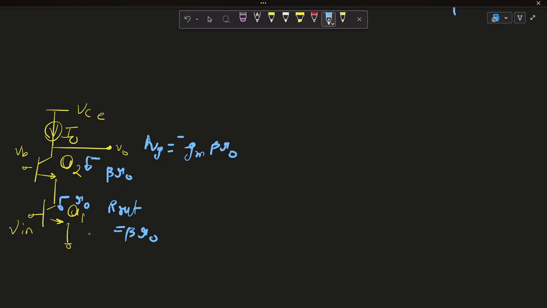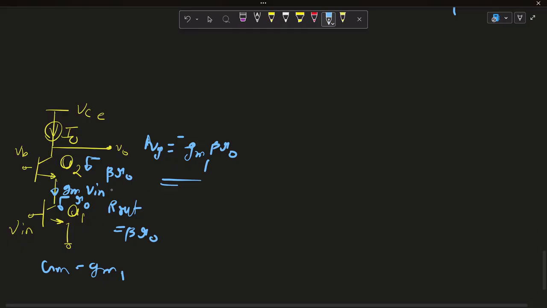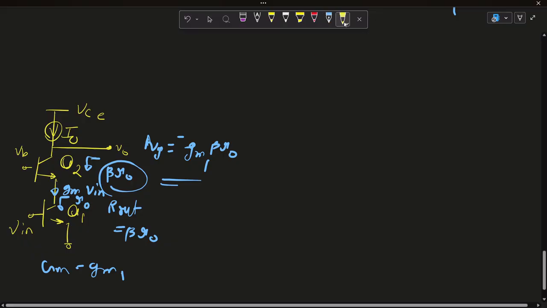and our gain will become minus GM beta R naught, as our small signal current is GM V in, where GM is GM1. So the gain of this stage is GM1 beta R naught, and the output impedance of this stage is beta R naught. And now if we see this in a triple cascode,